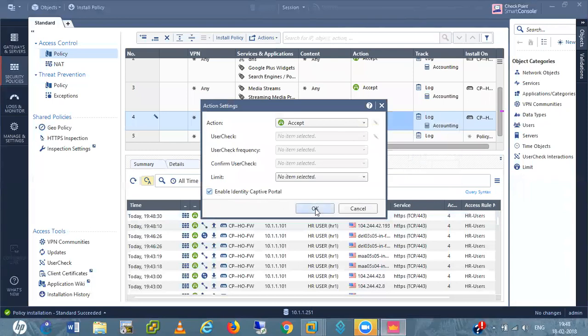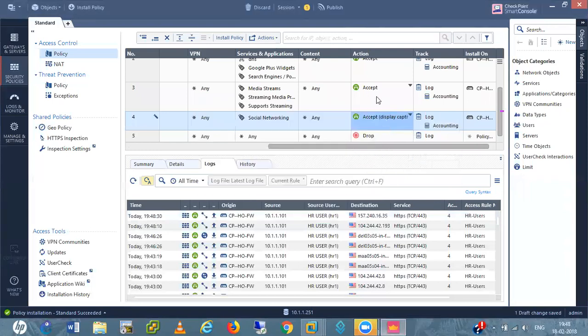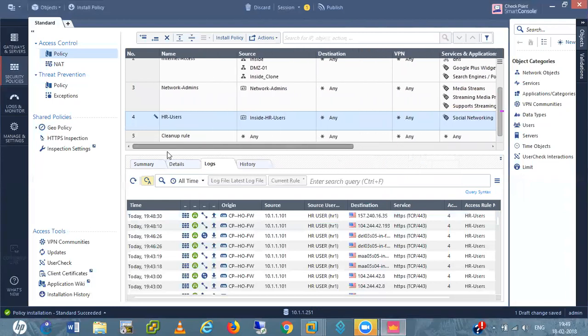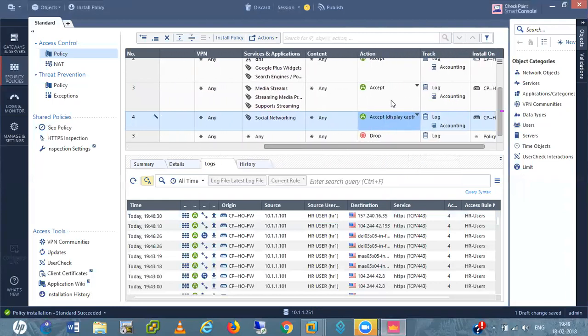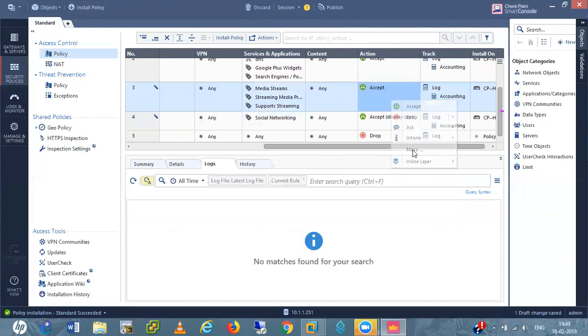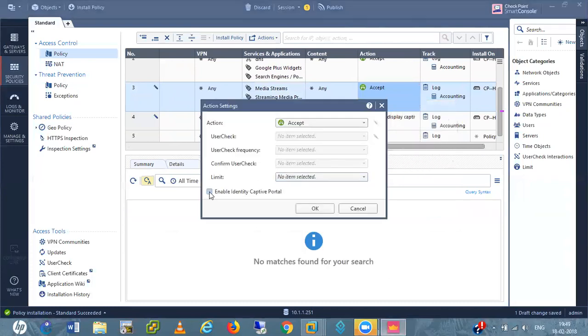For network admins also, enabling the captive portal.